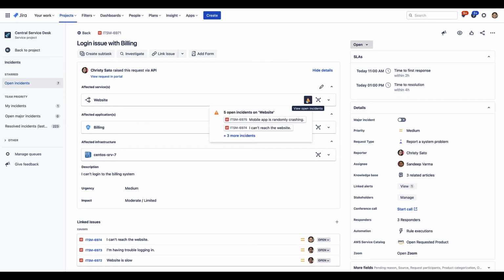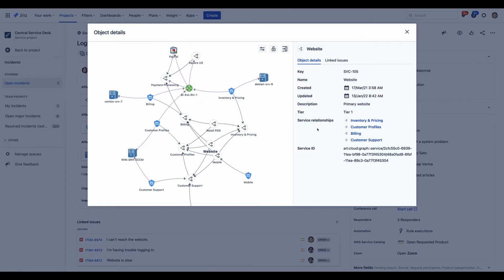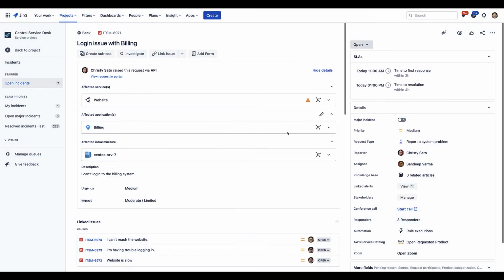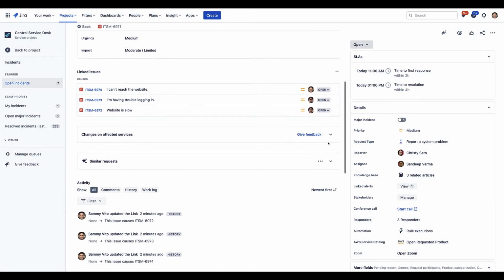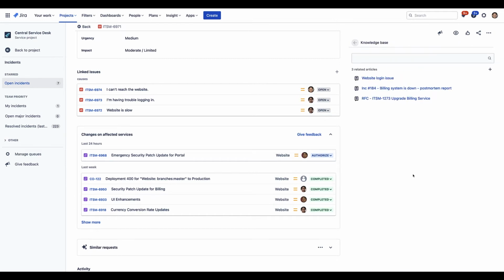service affected, along with information about the service, including any related records that are currently open, key infrastructure information that may be related to this incident, along with graphs that help visualize dependencies, related changes against this service, knowledge base articles containing runbooks and other troubleshooting guides,